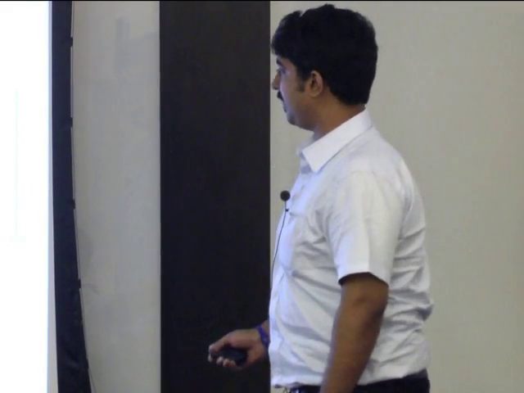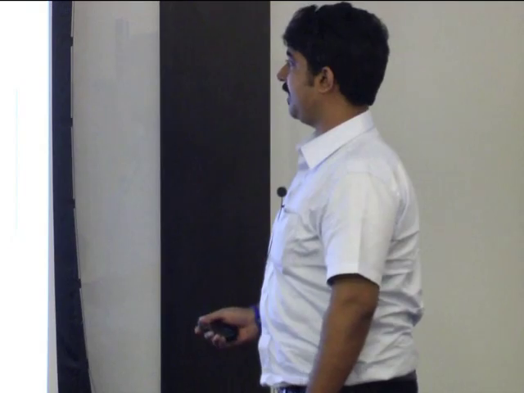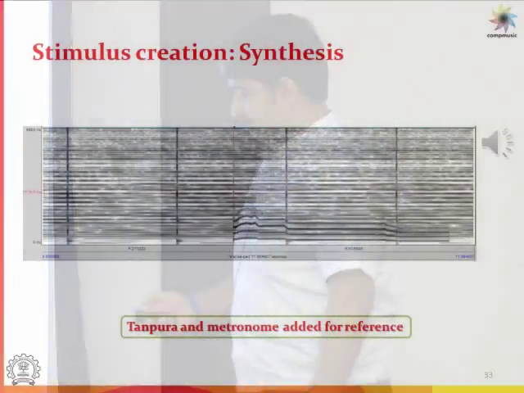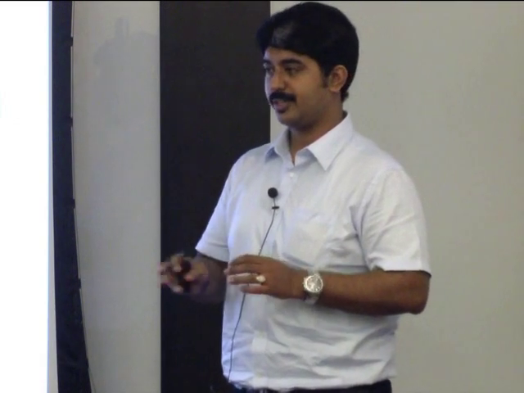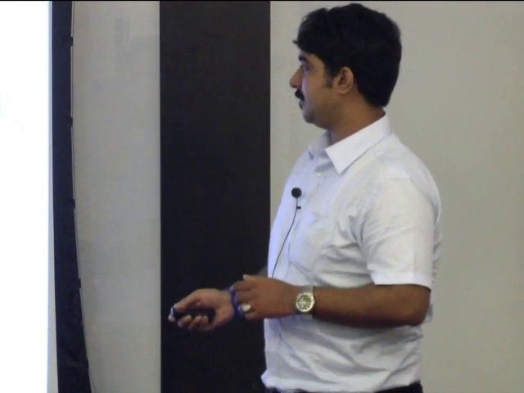So we have just used very minimal information, but with some tweaking we have reproduced a very natural stimuli, and we are sure that this won't be scaled by any distortion because this is in our control. And also there was a need to add this tanpura in the background, because if we suggest that this is a raga phrase from some raga, first they have to identify the tonic. So there is a subjectivity in tonic perception,